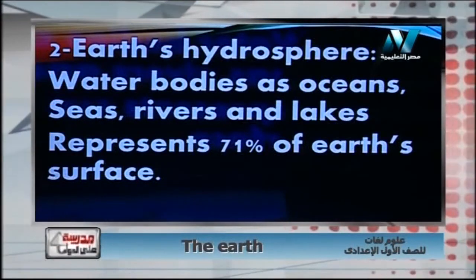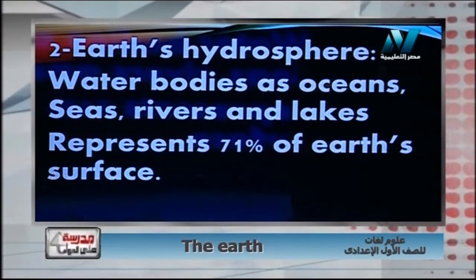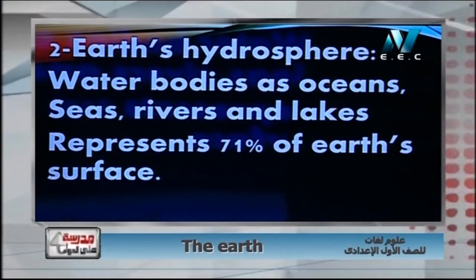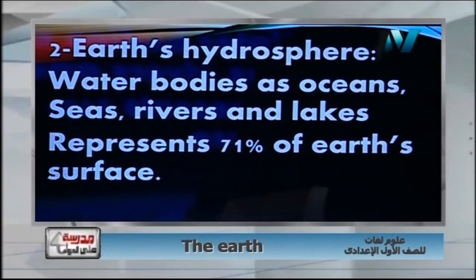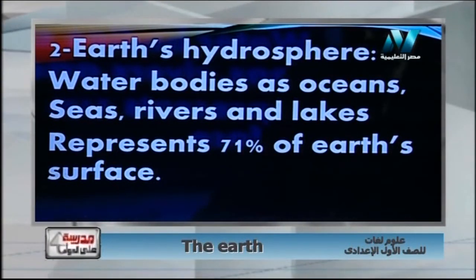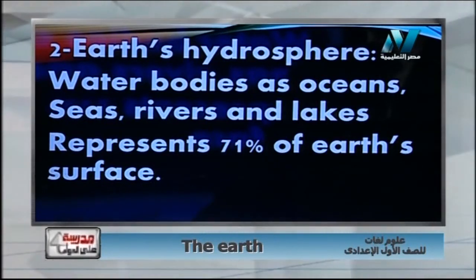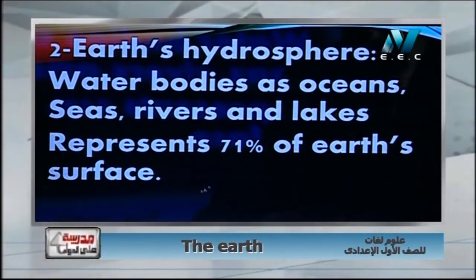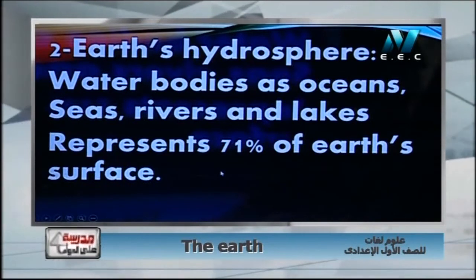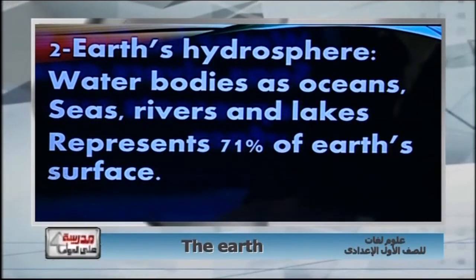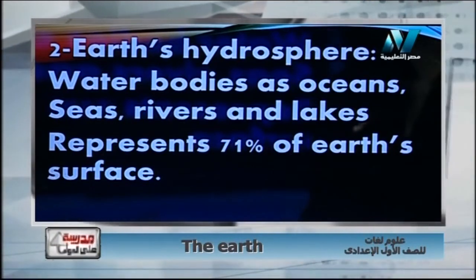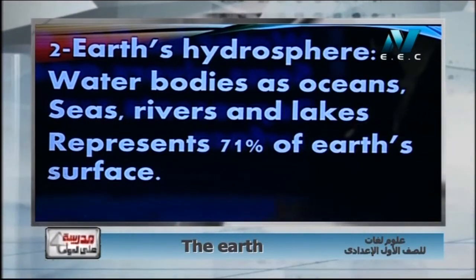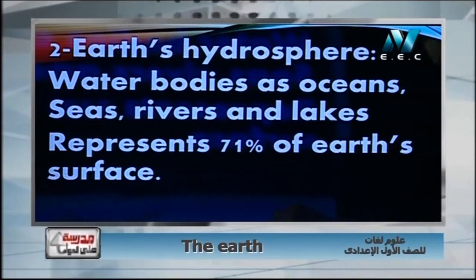Let's talk about Earth's hydrosphere. We talked about atmosphere. Now let's talk about hydrosphere. Hydrosphere means water surfaces. Water bodies such as oceans, seas, rivers, and lakes represent 71% of Earth's surface. 71% of Earth's surface is water surfaces: lakes, seas, rivers, oceans, okay,